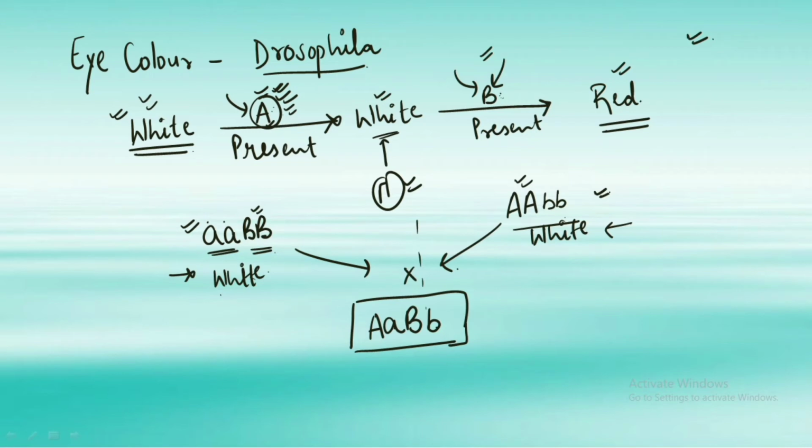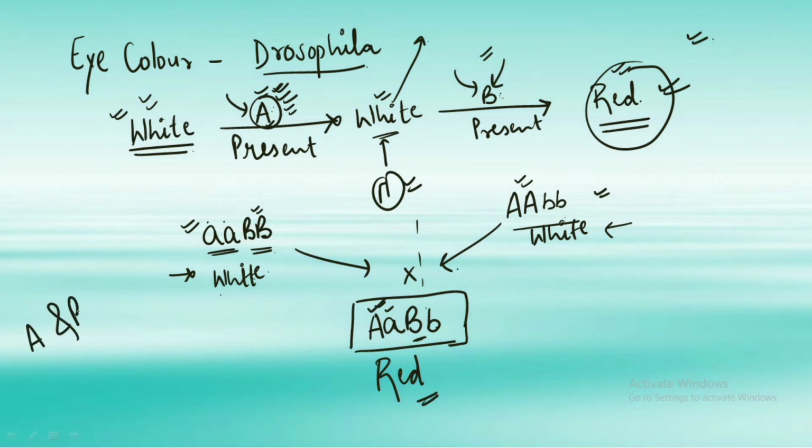But when we cross these two, we have a heterozygous condition for the first gene, that is gene A. So the Drosophila in this case initially would convert into white, and then because of the presence of a dominant allele of the second gene B, we would have the final result as a red-eyed Drosophila. Hence, we could say that gene A and gene B are actually complementing each other in order to provide the final result of red color. And how did we get this answer? We understood this with the help of the cross that we have just made.